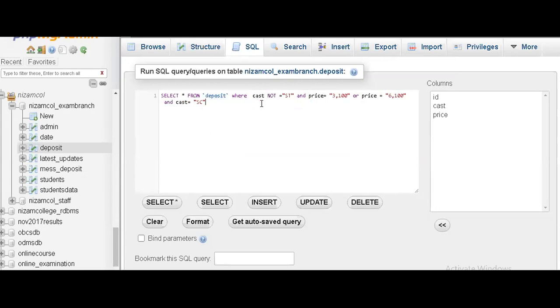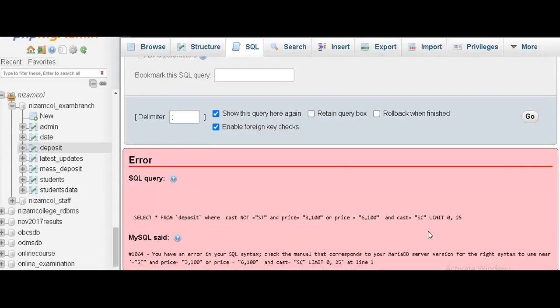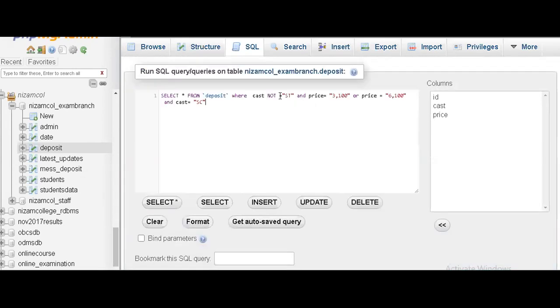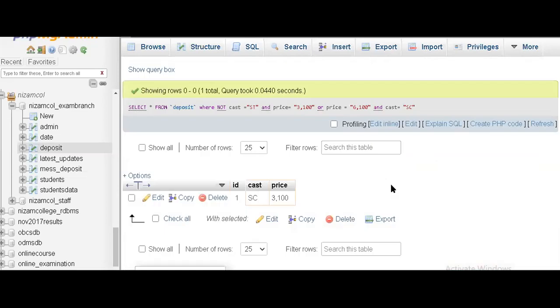No, it's not coming. Yeah, I got it. See here.